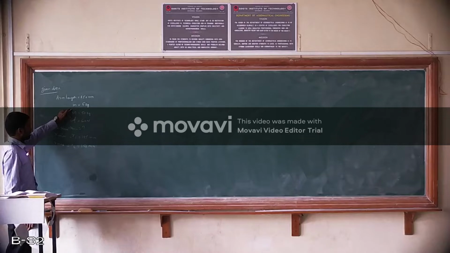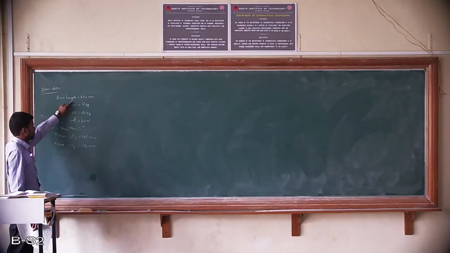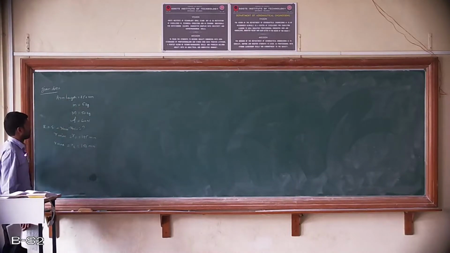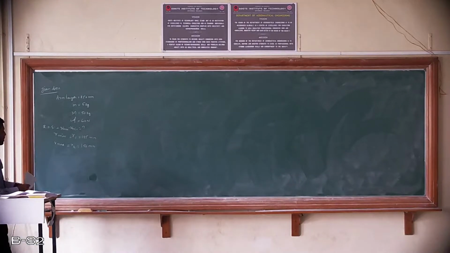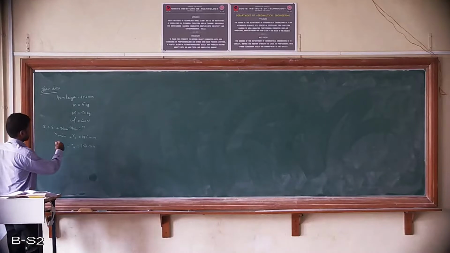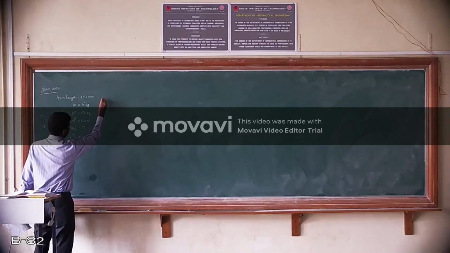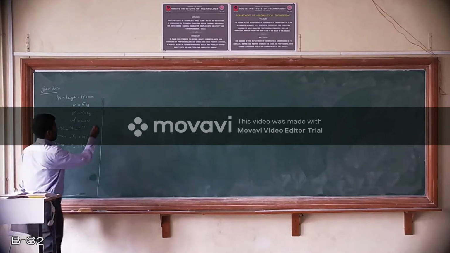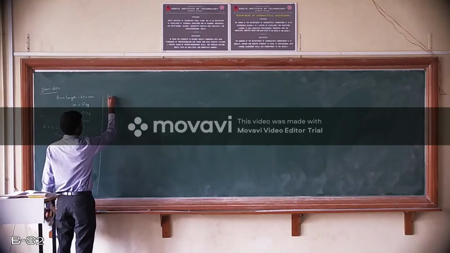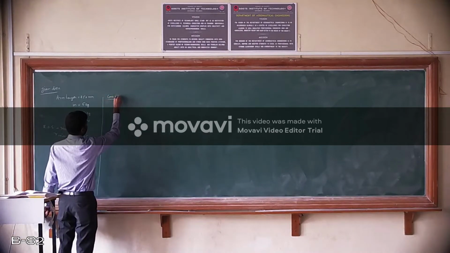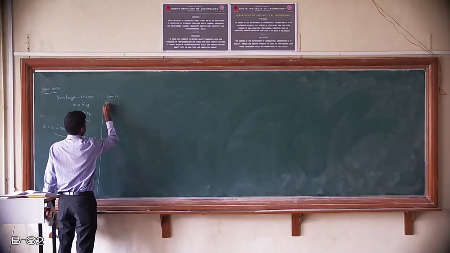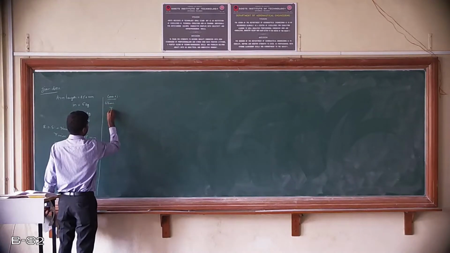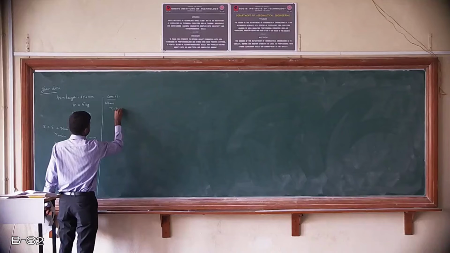M is the mass of the sleeve, small m is the mass of the ball, and the arm length is given for both upper and lower arms. With this given data, I need to find out the range of the speed. So let us understand how to calculate the range of speed for this case. I will call two cases. That is case 1, when R1 is equal to R min is equal to